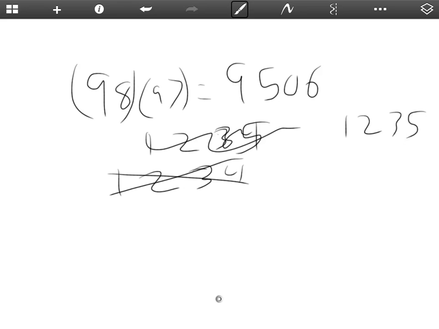Right, and how many ways can we order this given part A, which says the consecutive integers can be separated by other integers in the permutation? They don't necessarily have to, which means that 1, 2, 3, 5 works. But it can also be 1, 2, 5, 3. It could be 1, and I'm listing these out for a reason, 2, 1, 5, 2, 3, and 5, 1, 2, 3. So for every one of these 9,506 combinations, you have 4 combinations,